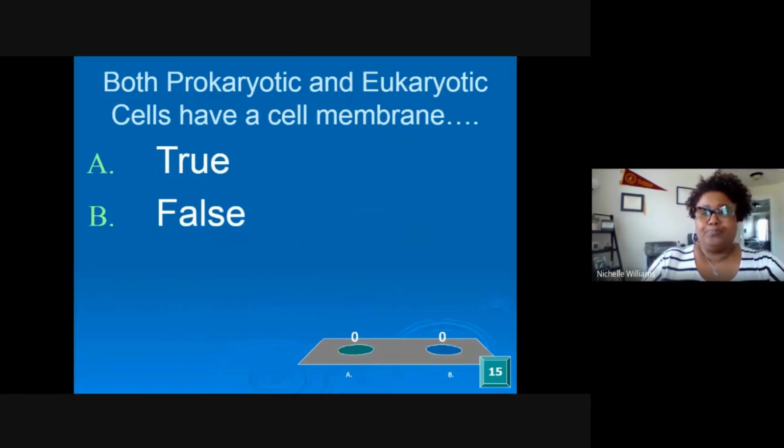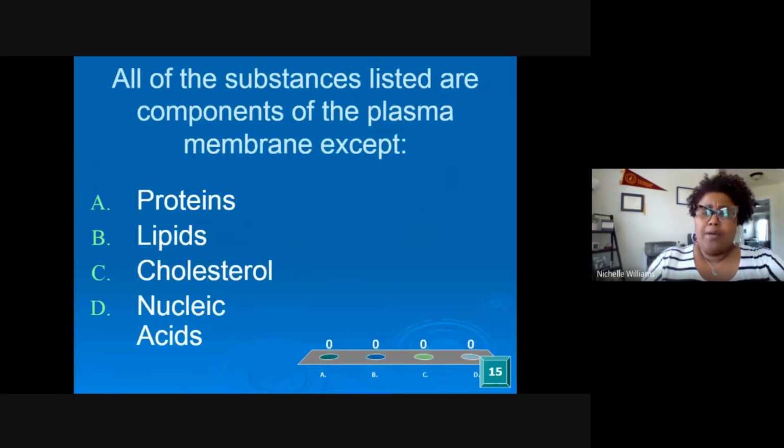All right. So first of all, do both prokaryotic and eukaryotic cells have a cell or plasma membrane? Type your answers in the chat box for me. All right. I think everybody's looking good. It looks like everybody has got that one for us. That is, of course, true. Yes, they do. All right. So we know that cell membrane is another name for plasma membrane, and we know that all cells have a cell membrane. Very good.